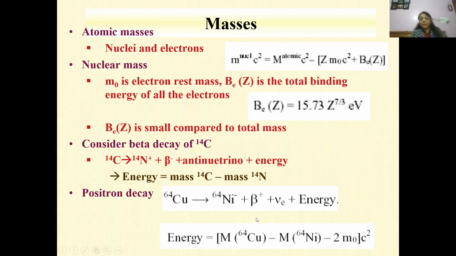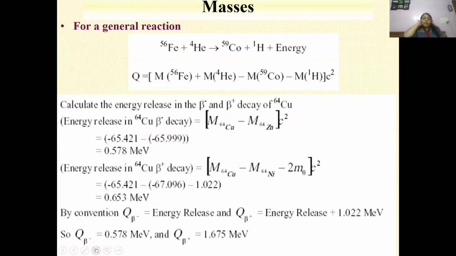The energy will be the mass of the 64 copper, which is the mother nucleus, minus the mass of the daughter nucleus, which is 64 nickel, minus 2m0, multiplied by c squared. So for a general reaction, let us consider 56 iron bombarded with 4 helium, which is the alpha particle. 4 helium is nothing else but an alpha particle. We have this simple reaction, and this 56 iron, when bombarded with 4 He, which is an alpha particle, we